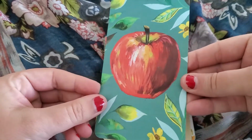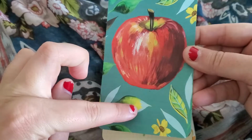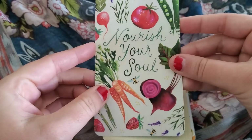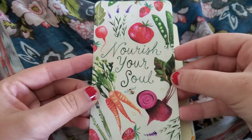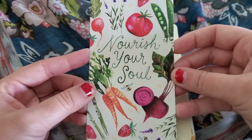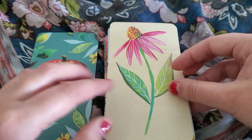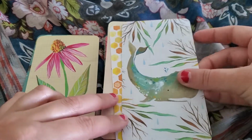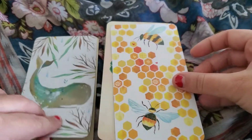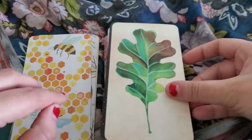Like, even look at this card. And the shtick is that there's a beautiful image on this side. And then when you flip it over, it has some kind of quote or text. This one says, nourish your soul. And this is just a beautiful, beautiful deck. Oh, I love this whale. This deck is more, I would say, for people who like to,